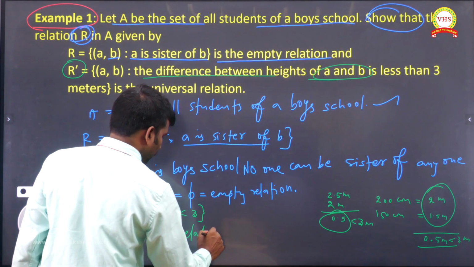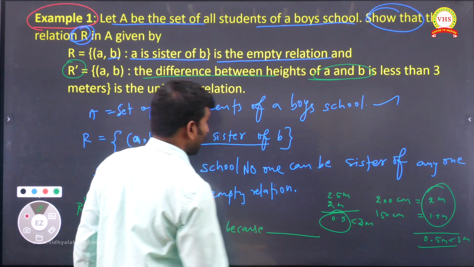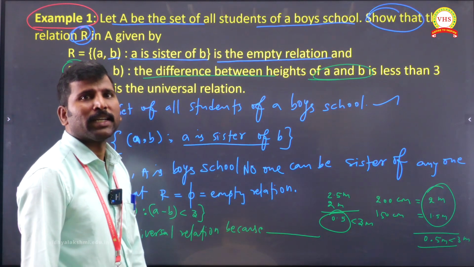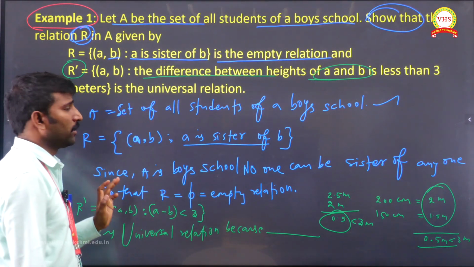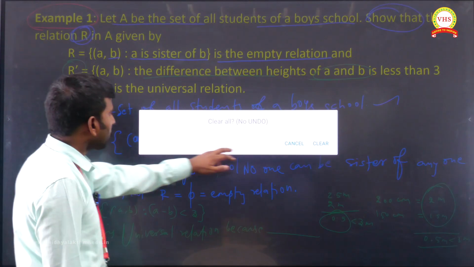Universal relation. Directly you can write that the difference between any student's height is less than 3 meters. Enough. Understand? This is example 1. Very easily you can go. Understand, children? We are going to example number